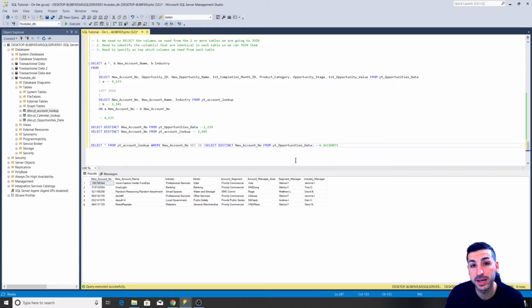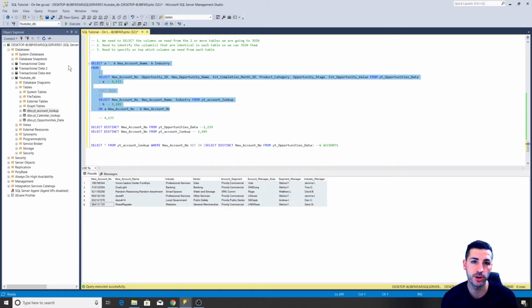And what we're basically saying is that we are not showing those 6 accounts in our left join because the left join only has all the data from table A. So I hope you understand this. Cool. So before we move on to the full join now,